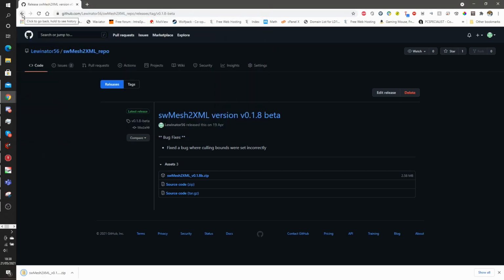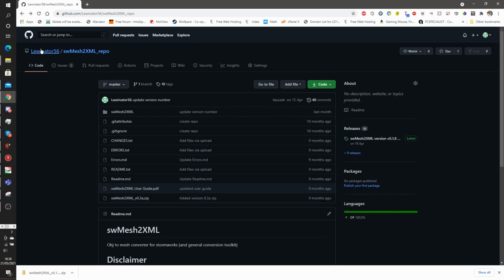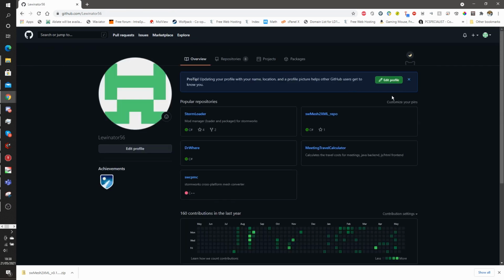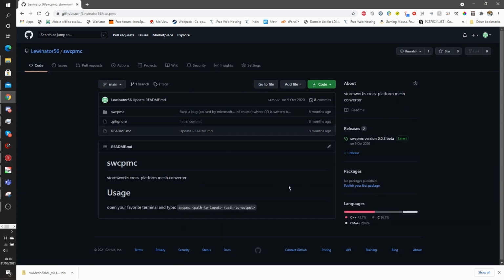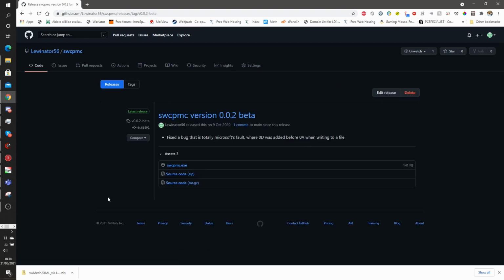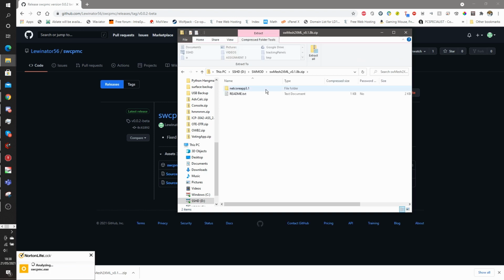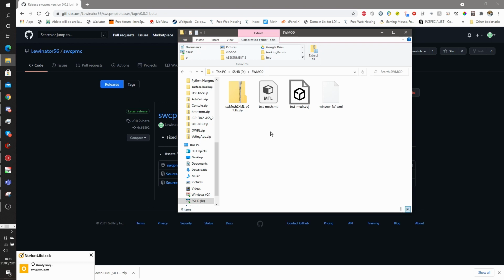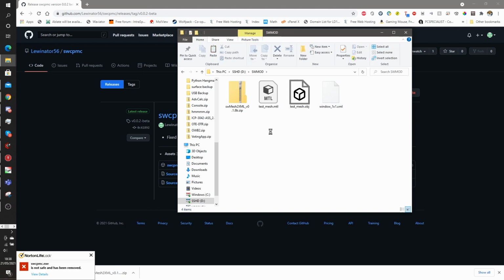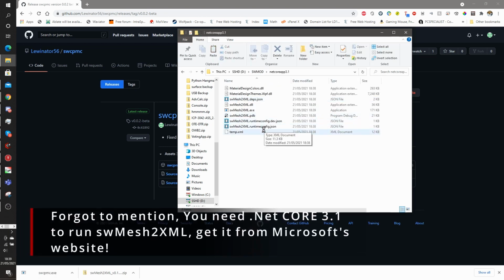Alternatively, if you're running on a system that doesn't support this version, this only supports Windows, you can also go and download the version without a user interface. This is cross-platform and it can be run on other systems, so I'll get this as well, and I'm going to put this in the same folder. Once you have these, you need to extract this. If you just extract the Netcore API folder, I'm going to put this here. You're going to head into this folder and run